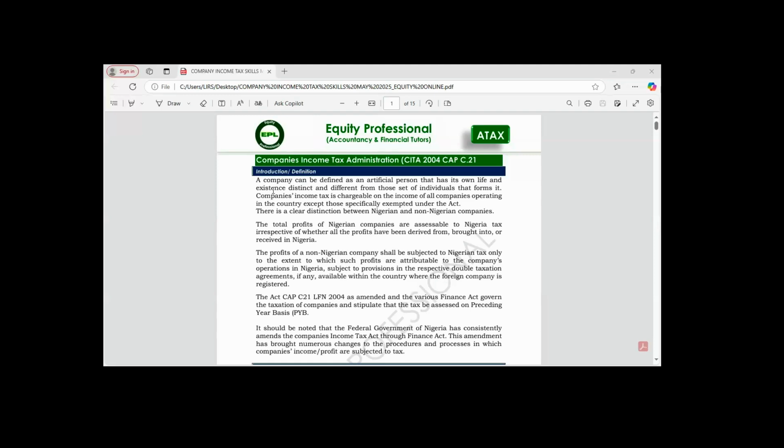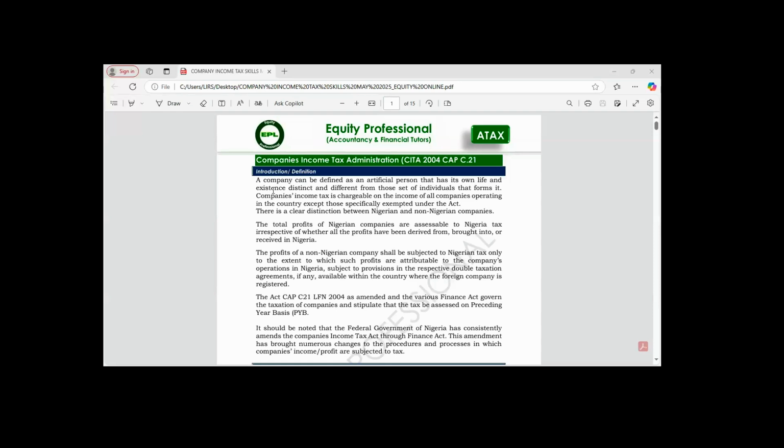As far as company is concerned, we have two categories of company. We have either a Nigerian company, which is regarded as a resident company, and we also have a non-Nigerian company, which is called a non-resident company. What would make a company a Nigerian company? A Nigerian company is any company that is registered with the Corporate Affairs Commission, CAC, that has an RC number. Such companies are regarded as a Nigerian company. While non-Nigerian companies are those companies that are not registered with CAC. But they also